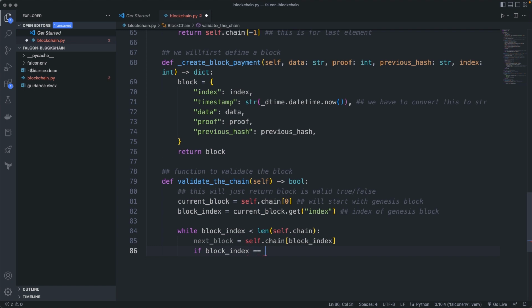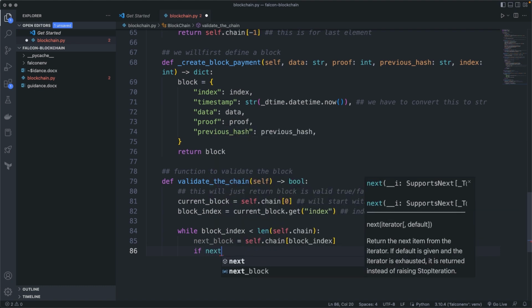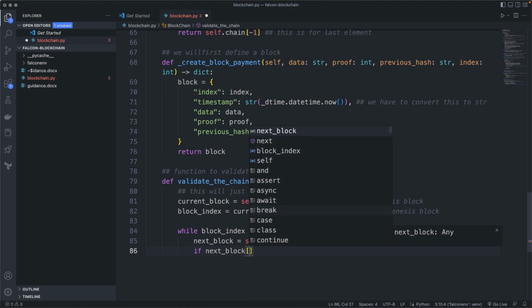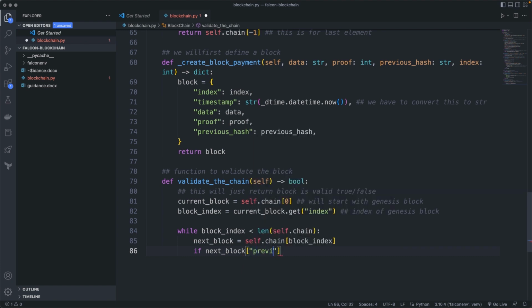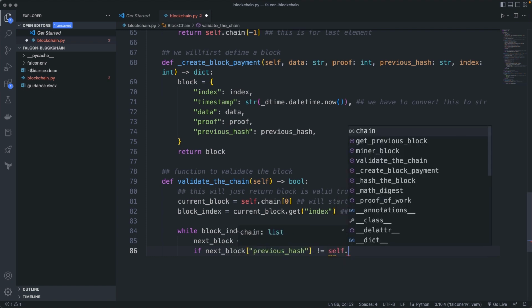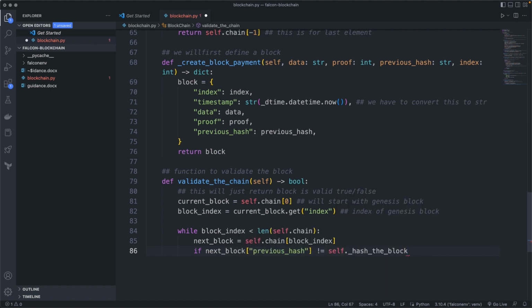And when it goes to the next block, it checks the index and we'll have a criteria here that if the previous hash of my next block is not equal to the hash of the current block,